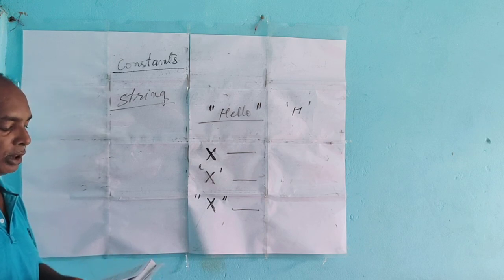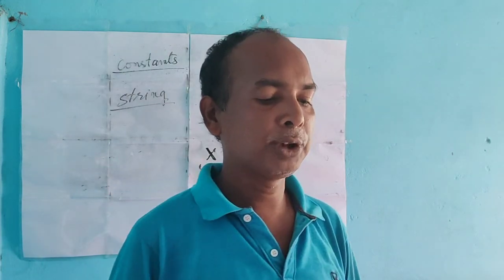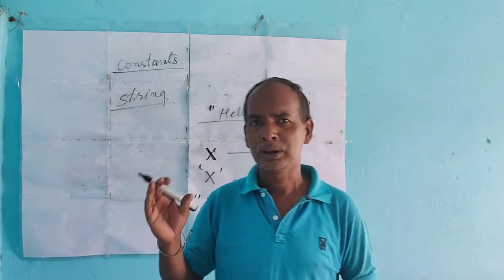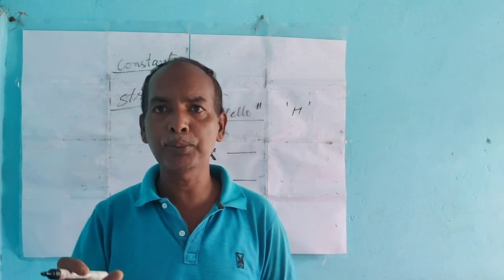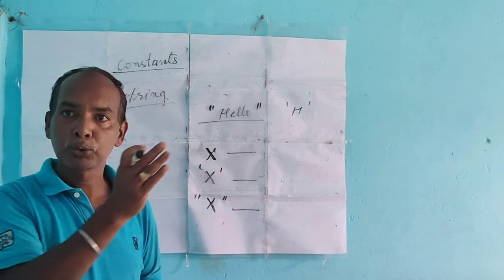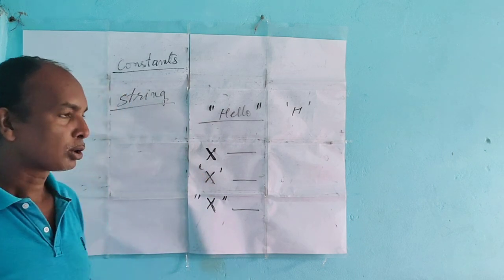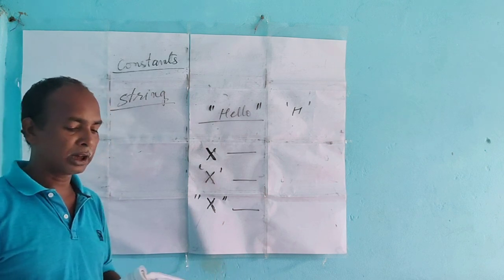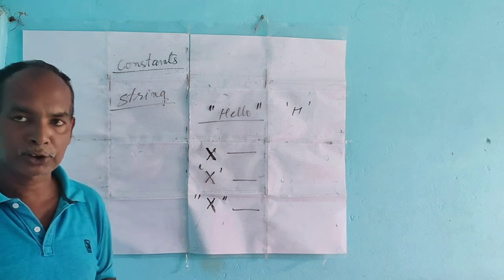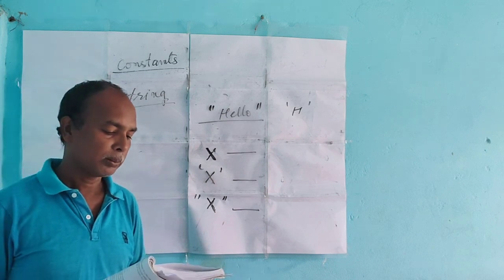Next is defining constants. There are two ways to define constants: one is by using the define directive, and the other is by using the const keyword. I think you may have some problem understanding these things. When I explain the programs, I will show you one by one whatever I explained in these classes: how to use the define directive, how to use const, how to use variables, what is the function of int, void, double. Everything I will show you one by one in the programs.